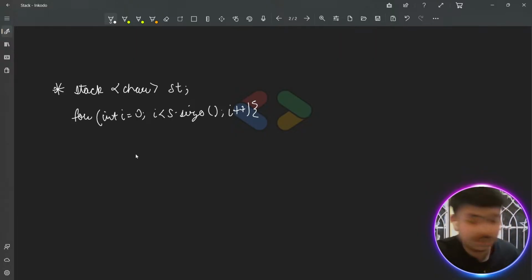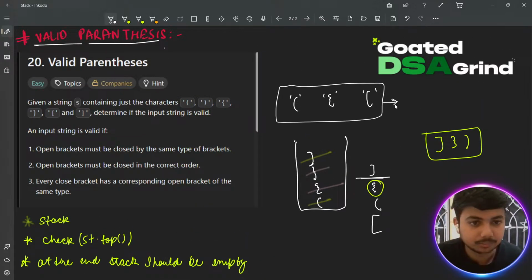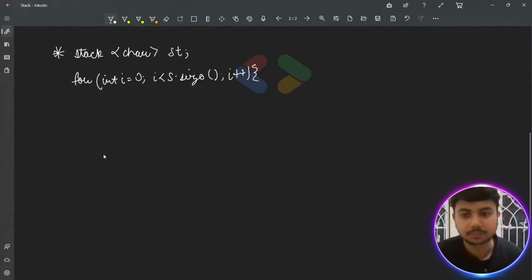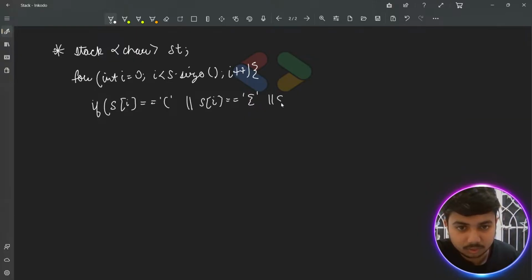So how are we going to do that is, जब जैसा कि बोला, this should be the things that we are pushing, and these are the things that will be popping out. Okay, so we can directly write कि if जो हमारा s है उसका ith कैरेक्टर जो है is equals to opening bracket of this, ठीक है, और this equals to opening bracket of this, और this equals to opening bracket of this. तभी क्या करना है, तभी स्टैक में बस आप पुश कर दो, पुश s of i,